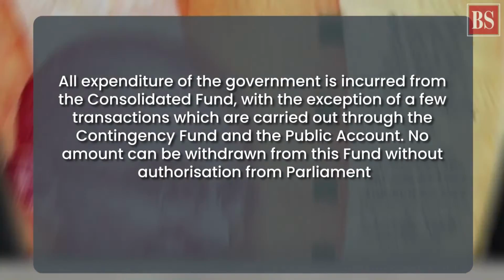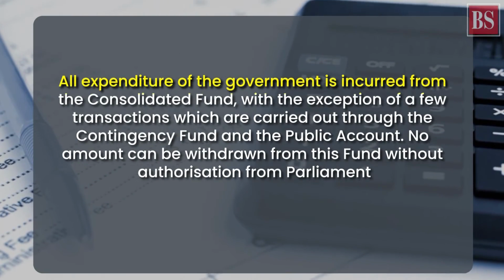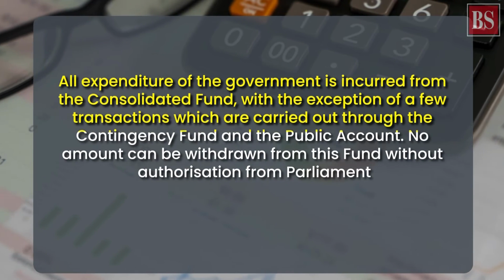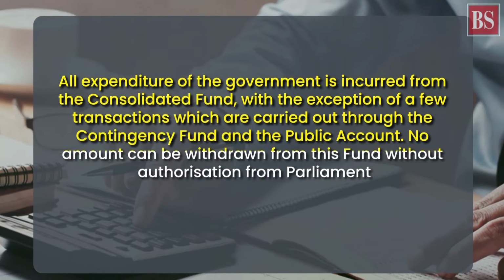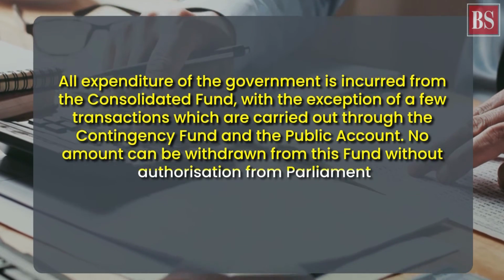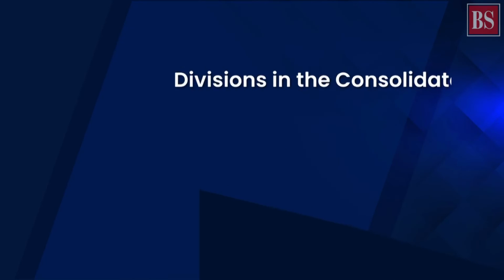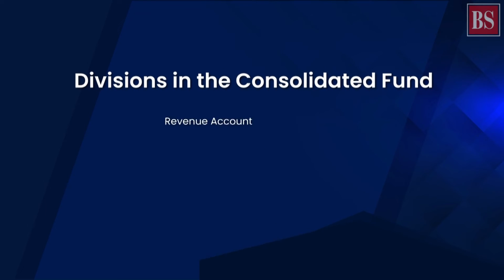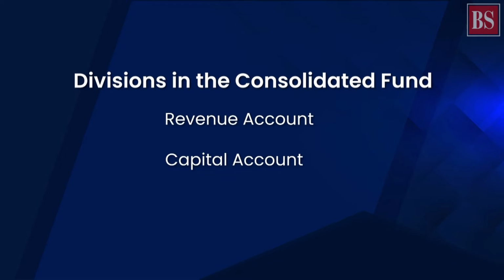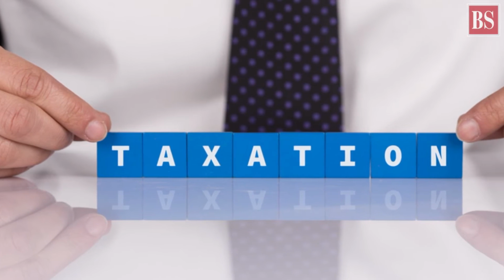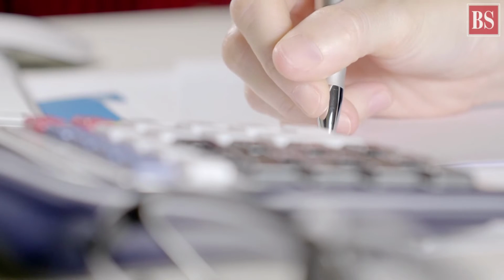All expenditure of the government is incurred from the Consolidated Fund, with the exception of a few transactions which are carried out through the Contingency Fund and the Public Account. No amount can be withdrawn from this fund without authorization from Parliament. The fund has the following two divisions: Revenue Account and Capital Account. The Revenue Account deals with the proceeds of taxation and other receipts classified as revenue as well as the expenditure